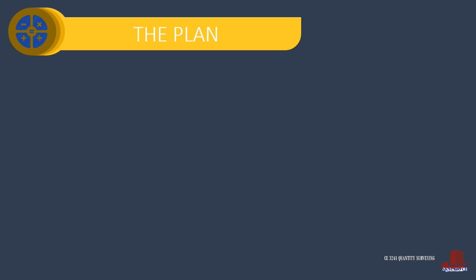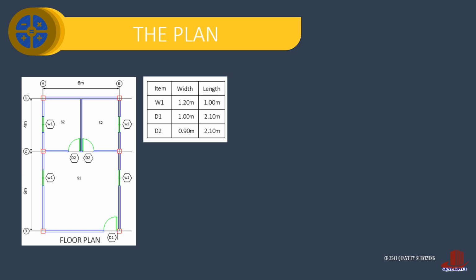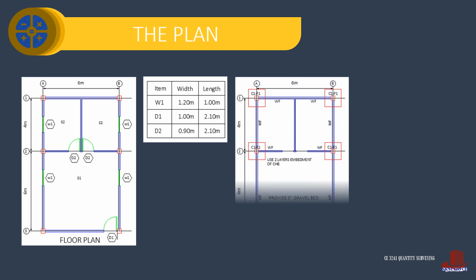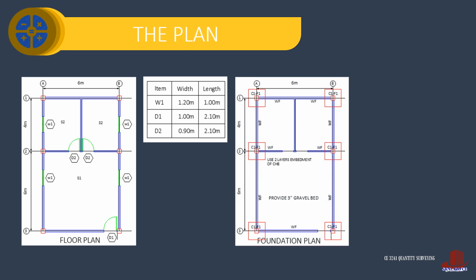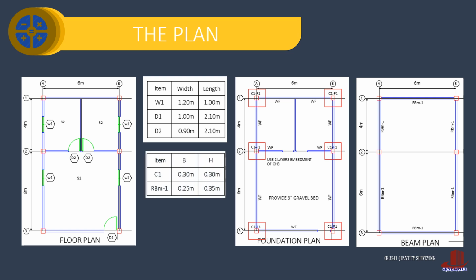The plans necessary to estimate concrete works are the floor plan, showing the width and the length of the building, and the location of openings, where we need the doors and windows schedules. Beneath the grade is the foundation, so the foundation plan is also required. This shows the designation of the column and footings, then also the wall footings, which means there isn't any beam underground. There is also the roof beam plan, and the details of the columns and the roof beams.